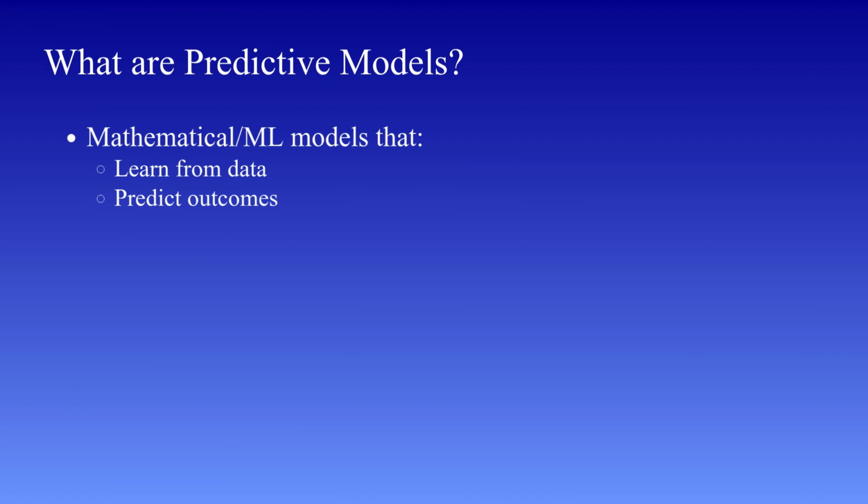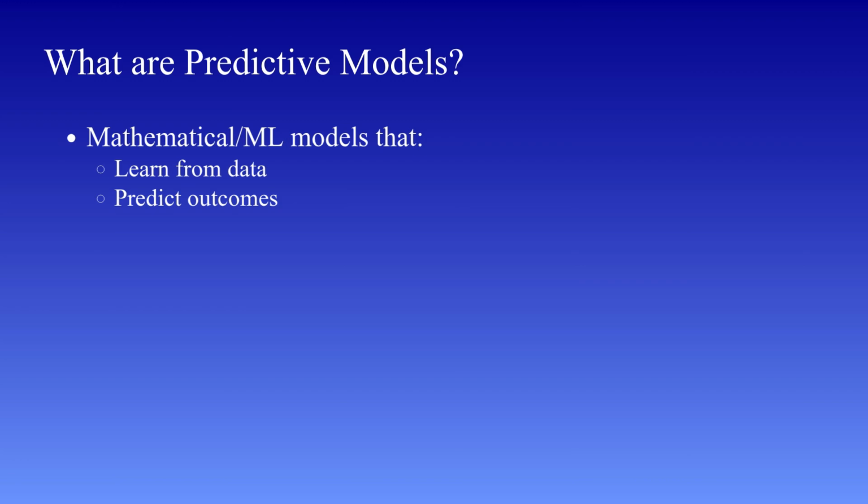What are predictive models? A predictive model is a mathematical or computational model that uses historical data to predict future outcomes. In simple terms, it learns patterns from past data and uses those patterns to make informed predictions about new or unseen data. Think of it like this: if we have data from the past, such as sales over the last 5 years, a predictive model analyzes that data to identify trends and relationships. Based on those patterns, it can estimate what the sales might look like in the future.